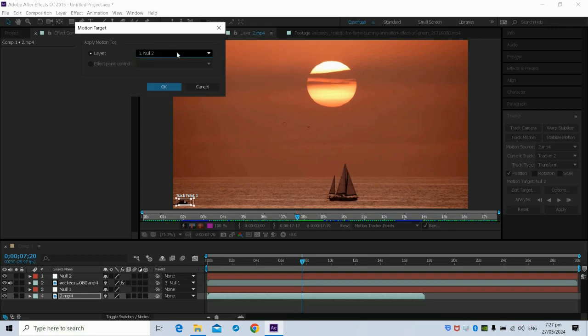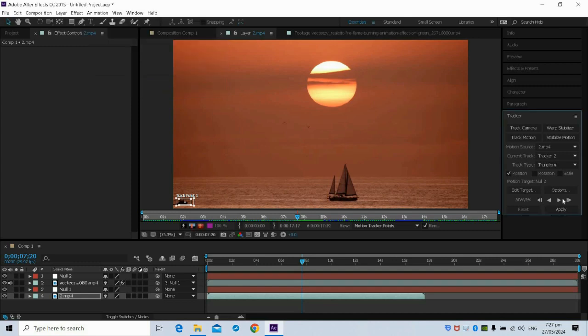Okay, so we've created a null object layer. The name is null 2. So the track motion should be placed on null 2. Okay, then play. So we're going to play it again until the end of the video to make sure that the track point is moving accordingly to the movement of the speedboat.